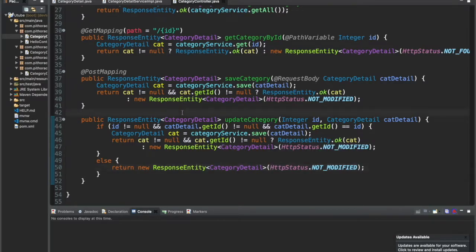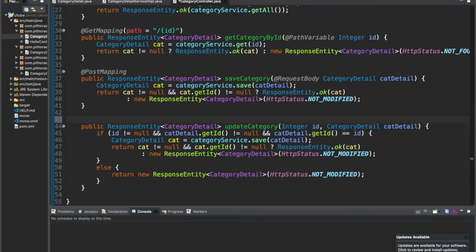So the last thing we have to add is the mapping. So in usual cases for updating a record, we will use put mapping. In normal cases, actually we use put for updating a record and post for creating a new record. So here in put we have to give the path as well because we have to pass the id here, right? So it over here, and as you know we have to use